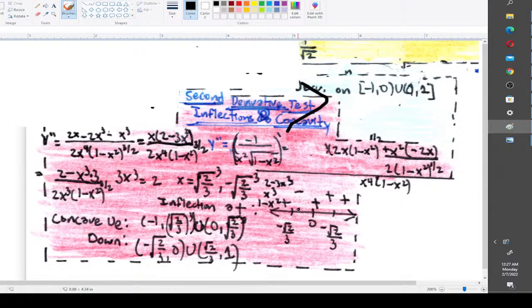yeah, here's the number line. So it should be concave up, I think here, here, here, and here. √2, 3, 1. So wherever you do the number line test and you get a positive value, that's concave up. Concave down is when you get a negative. So